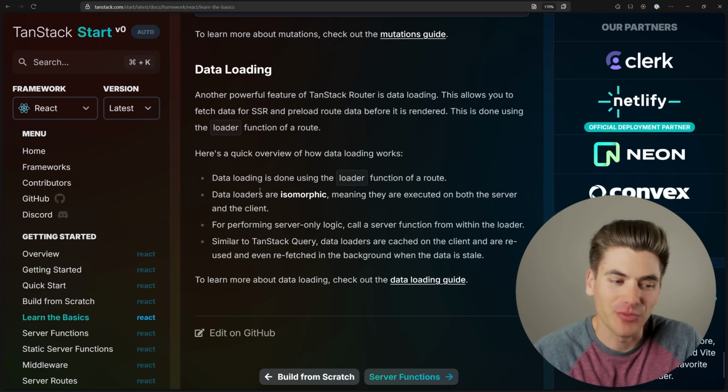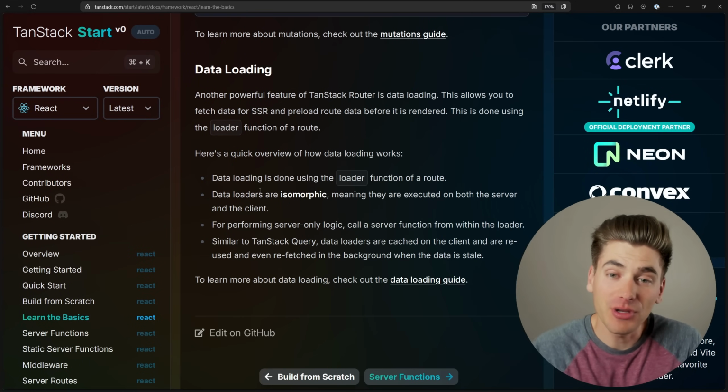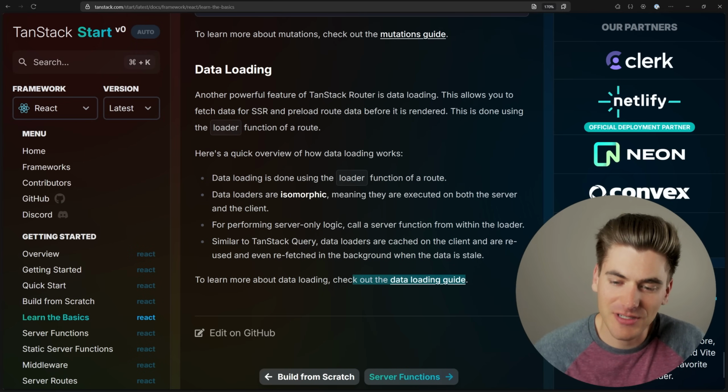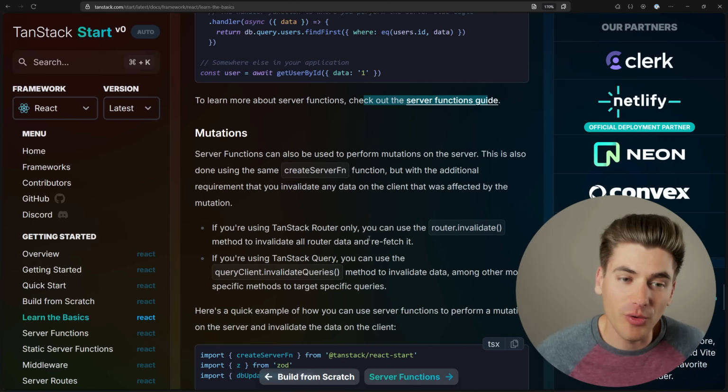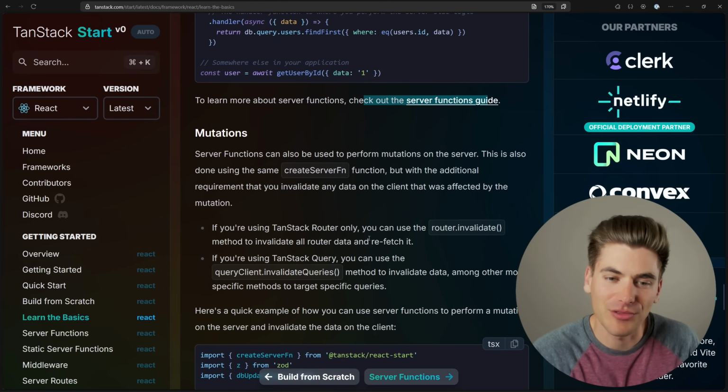So I just got done with the Learn the Basics section, and I'm going to be honest, it taught me a lot of the overall high-level pieces, but it didn't really give me very much in-depth knowledge into these different sections. But the nice thing is, as you can see, every single one of these sections has a guide that I can link out to and check out. So I think what I'm going to do next is still, instead of diving further into the code, I want to read through more of what the guide is doing,